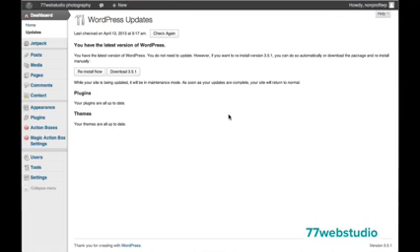Now, when you go to update your WordPress version, WordPress will prompt you to do a backup to make sure you have a backup before you install the new version. That is because sometimes there may be a conflict with your theme if you are installing a new version. So do make sure that you back up your WordPress website before you do any